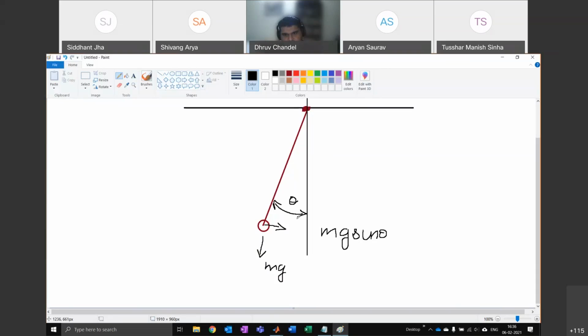If this is a small angle, then this approximates to mg theta. So if your force is equal to mg theta, this is a very, very simple differential equation. Anyone can solve this, and the time period just depends on the length. It's very easy, and all of us did this in 9th standard.